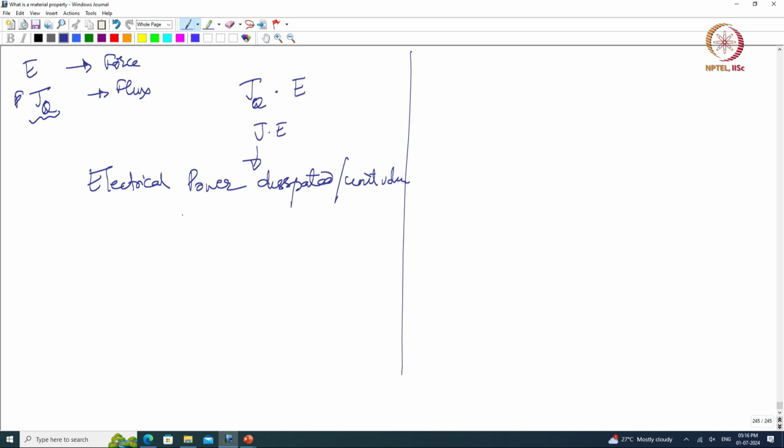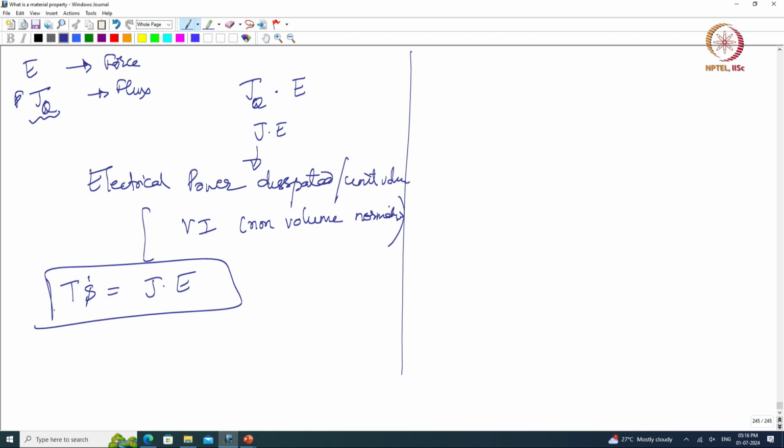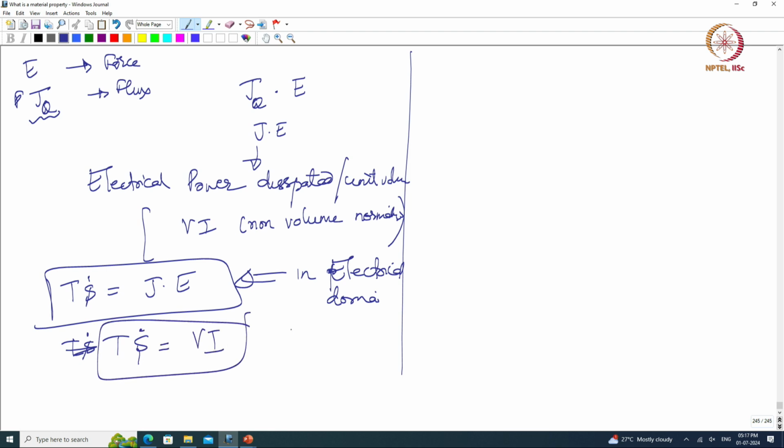So, if I do not do it per unit volume, then I have V I, right. So, sorry, then I have V I, this is non volume normalized. Okay. So, essentially I said T S dot is the same as J dot E, right. So, I in electrical domain, in power in electrical domain, and similarly T S dot or T capital S dot, if I am not volume normalizing it, is equal to V I, right. So, this is also power dissipated,